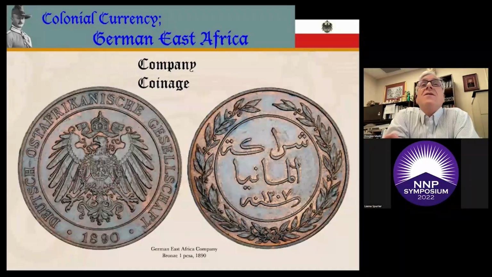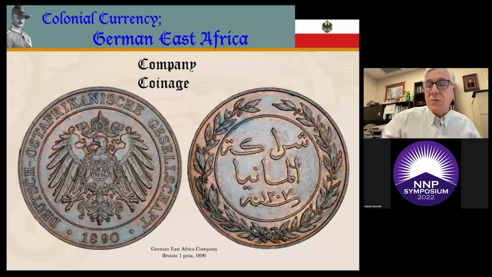Well, soon after the organization of the company, it was realized that a more diversified coinage than the Maria Theresa thaler and the use of the cowrie shell was required to grow commerce in the colony. In order to facilitate international trade, the thalers then in circulation were fixed at 3 German marks. In order to create a colonial currency, the German East Africa Company established in 1890 an exchange rate based on the pesa. The pesa, or pice, long familiar to Arab and Indian traders, was assigned the value of 64 paisa to 1 rupee. This coin was minted for 3 years from 1890 to 1892 before being dropped in favor of a new currency tied to the German mark.